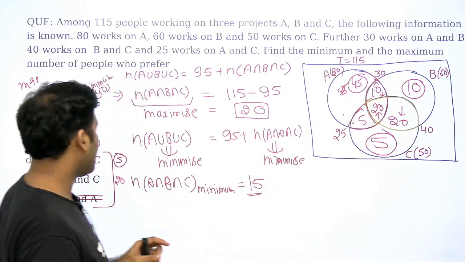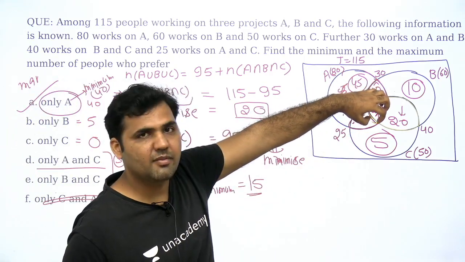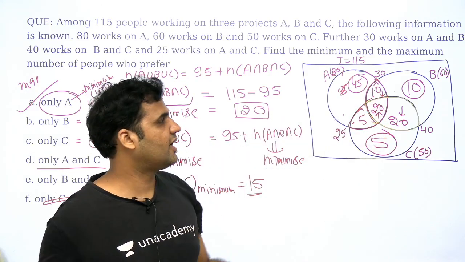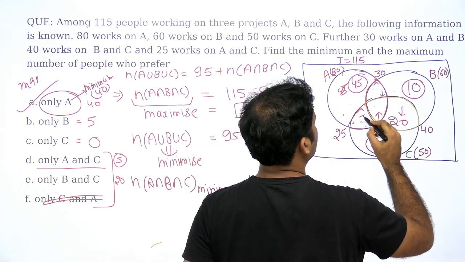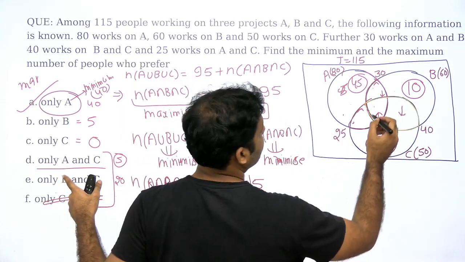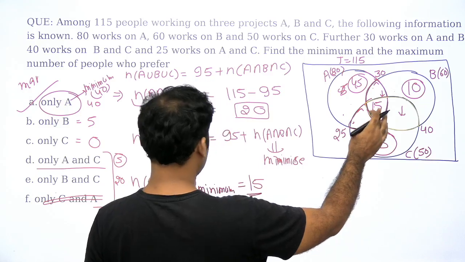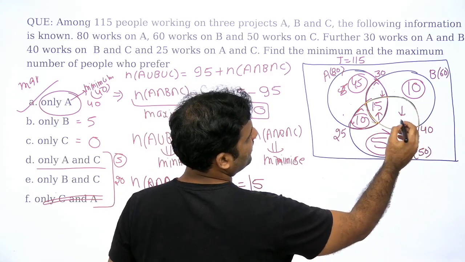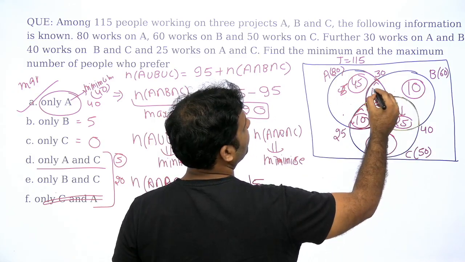And in the same case, if I have to find out the maximum for only A and C, to maximize it, you need to minimize it. And the minimum value here is 15, so the maxima here will come out to be 15. So let's also find out the maximum value. If I want to find out the maximum of only A and C, guys, then you put the minimum here. The minimum here is 15. So if this is 15, then this will be the maxima 10, and this will be the maxima of B and C, that is 25, and the maxima of A and B will be 15.